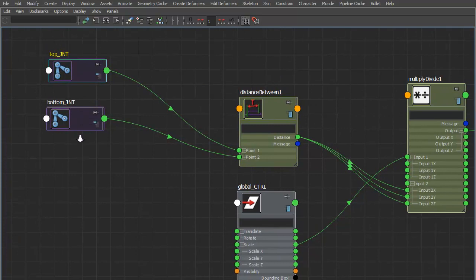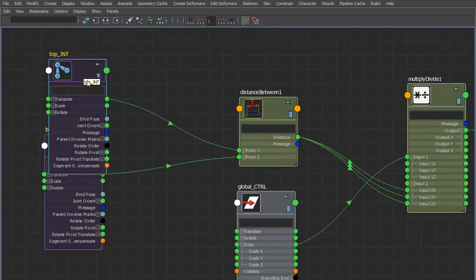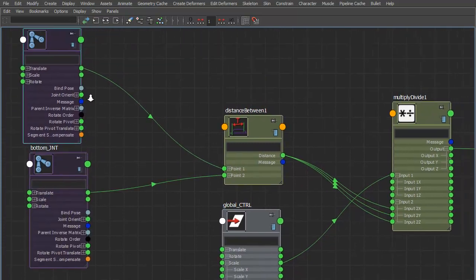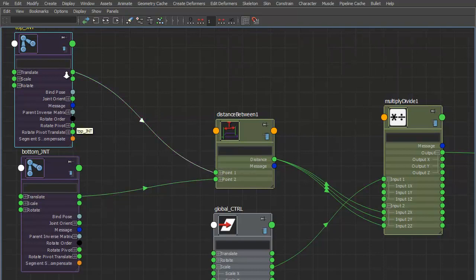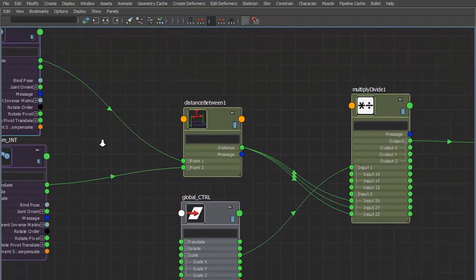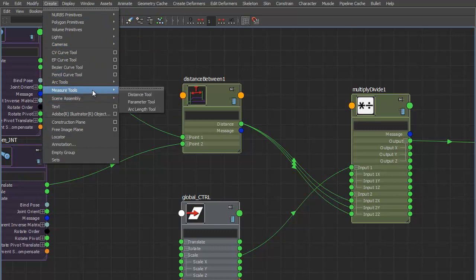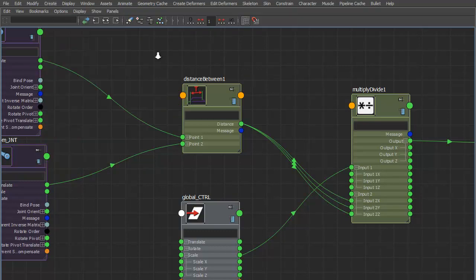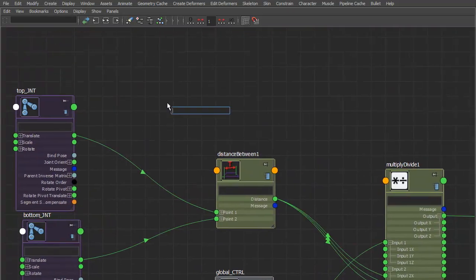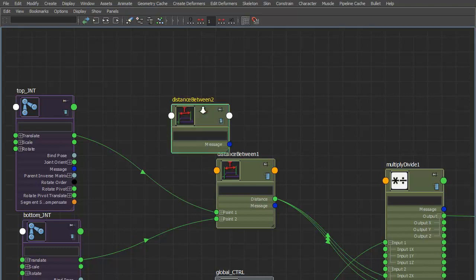I'm basically taking the translate from the top joint and the bottom joint, and I'm feeding that into a distance between node, which is basically the same as going create measure tools, distance between, but instead of getting those two locators, I just went in here, and if you press tab, you can create a new node. I just went distance between,